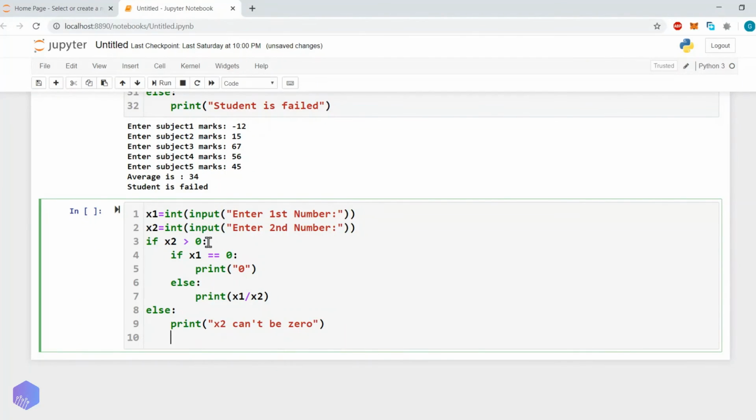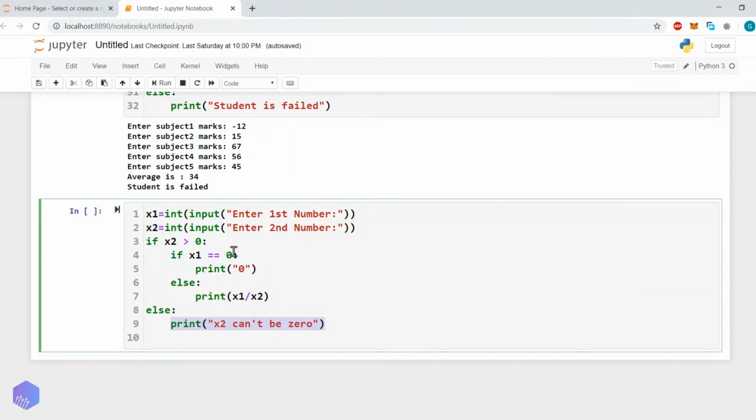the indentation. If we put a colon, that means whatever code is there with one indentation will be considered part of this if statement. Whatever statement comes next, starting from the first position, won't be considered part of this if. So this if contains the code from line number 4, 5, 6 to 7, and this else contains print.